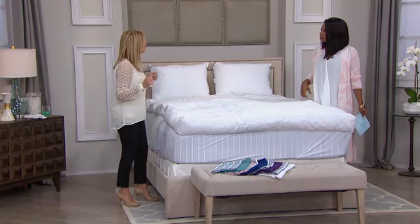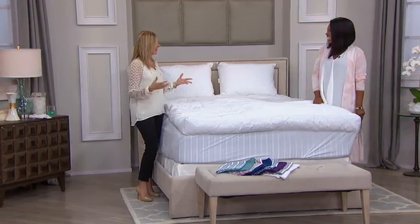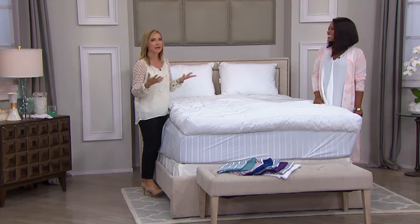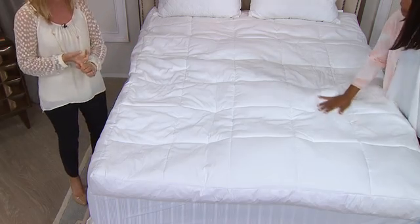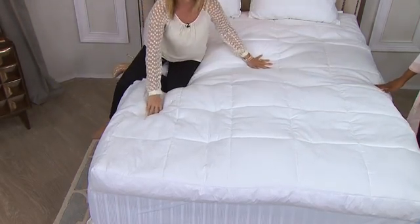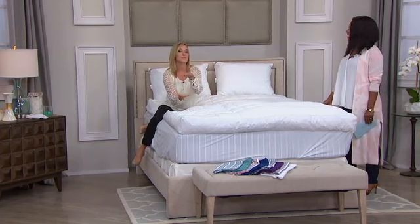I always say it's the comfort food of bedding. A feather bed, it reminds me of that bed and breakfast. Like the ultimate comfort bed. And you know, think about, I know my last feather bed I had over 5 years. So, I mean, this is an investment, a small investment. Maybe if you go to sleep a little faster, you stay asleep a little longer. What I find with a feather bed is when you get into the bed, instead of trying to get comfortable, comfort finds you. I mean, honestly, this is the profile of a